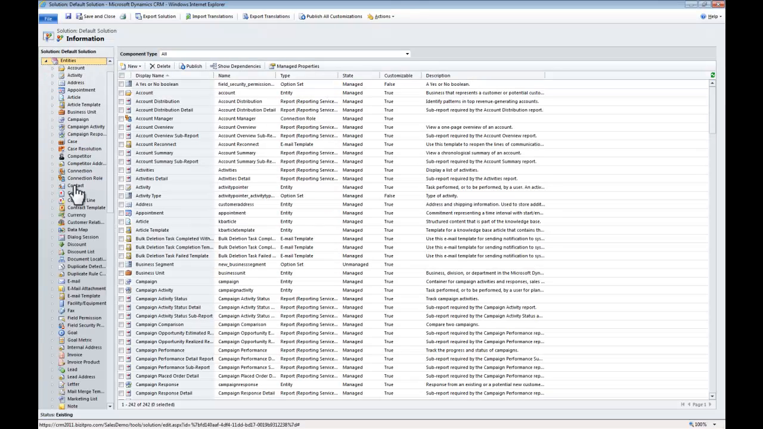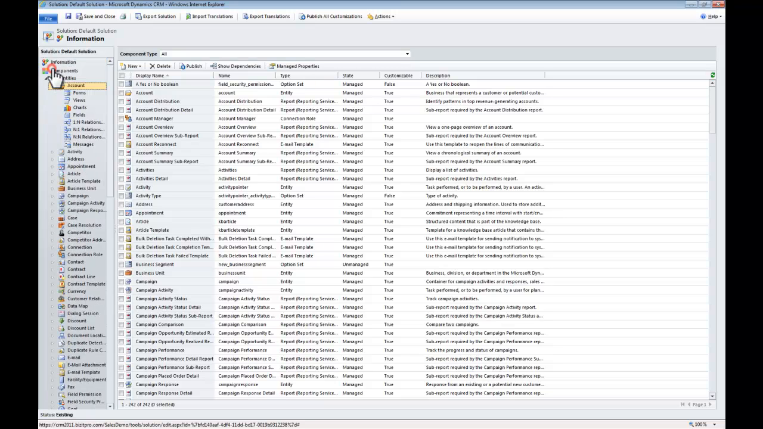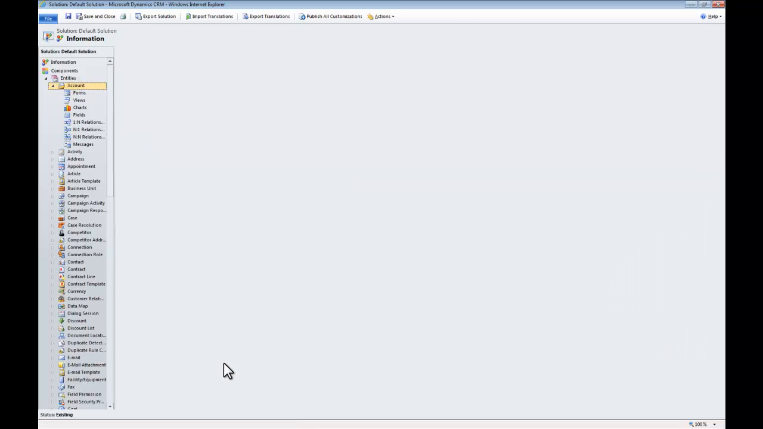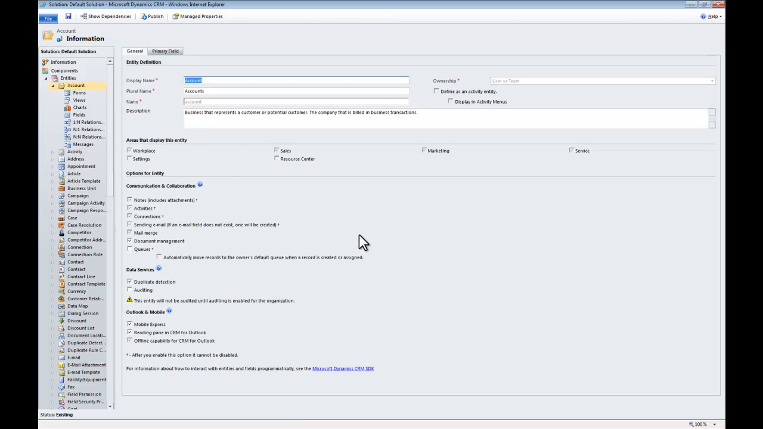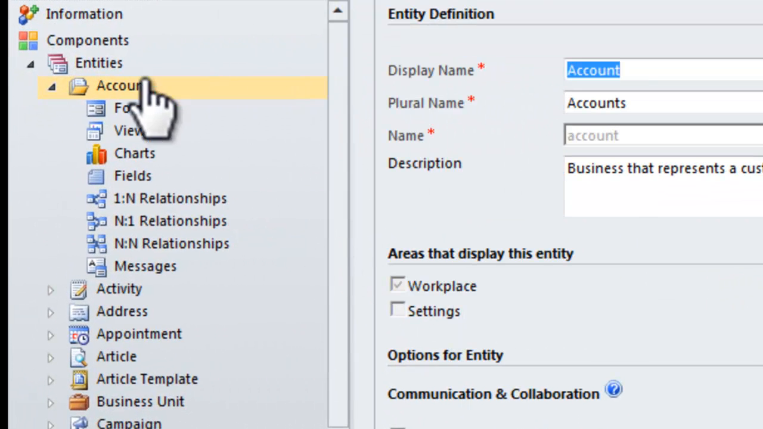We can then drill down into our entities and pick any entity that we like, because most of them out of the box do have relationships built in. In this particular case, we'll go ahead and pick the account entity. So now we're looking at the account entity. And if we drill down and take a look at the individual elements within the tree structure, you'll see that under account we have forms, views, charts, fields, which we've been in before, and 3 types of relationships. So if we go and review the relationships that are here,